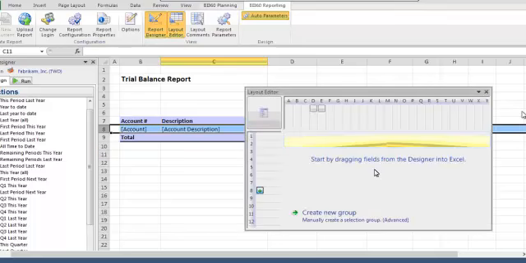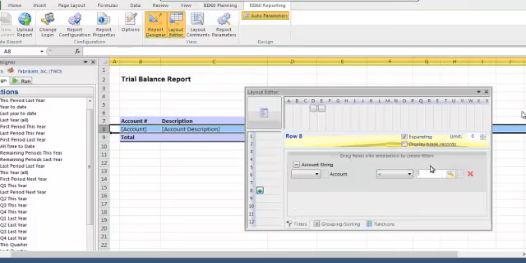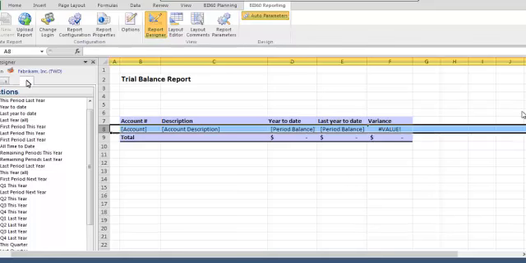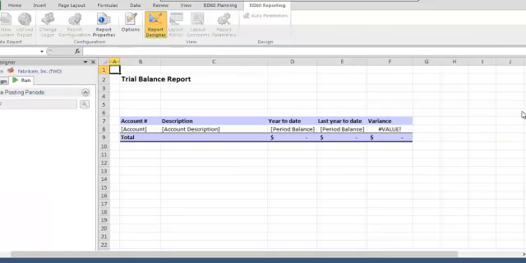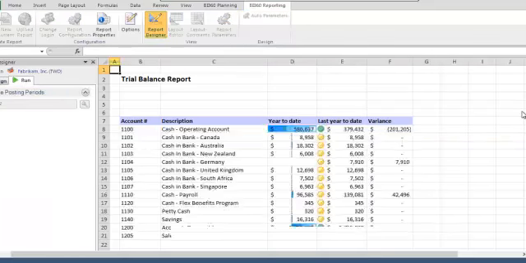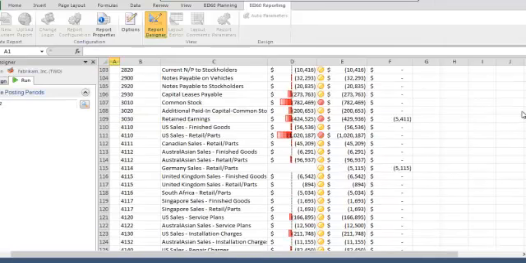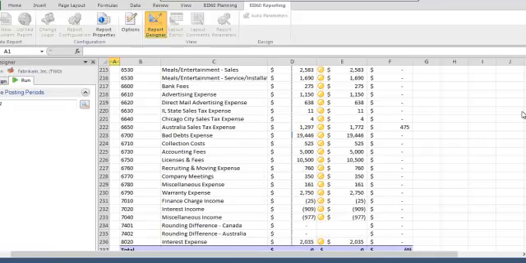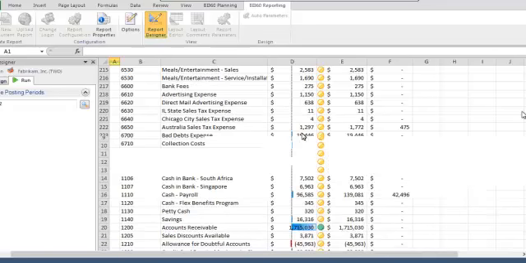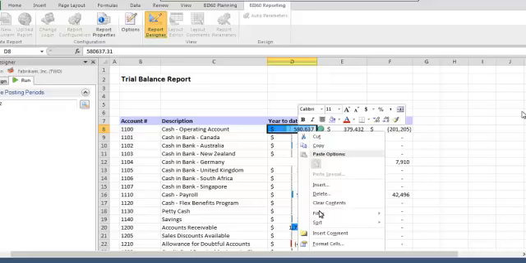And before I run, actually, let's just bring our layout editor so we can tell it to not show the accounts greater than 9,000, or less than 9,000, and now go back and run the report. So now you see I have a formatted trial balance report starting to come together, and I don't have those statistical accounts. I also, you didn't see me designing any drill downs, but if I right click here and drill